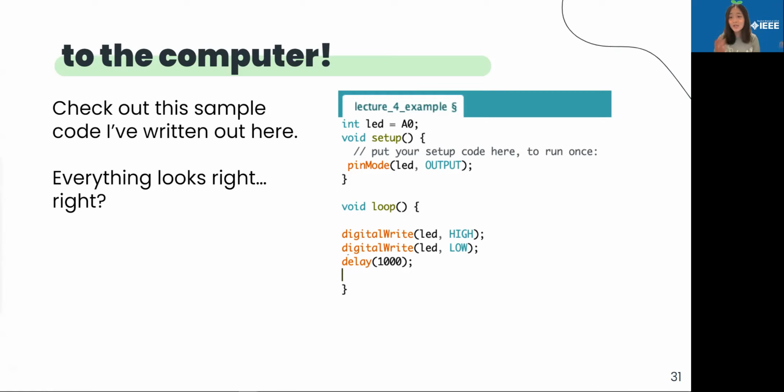When we say A0, that is referring to the pin number on the actual Arduino Nano. And Honoralp is correct, it's an analog pin. A0 says it's an analog pin in this 0 position. And can we use analog pins as output? Exactly. So this wouldn't work because we're trying to output with an analog pin, but analog pins